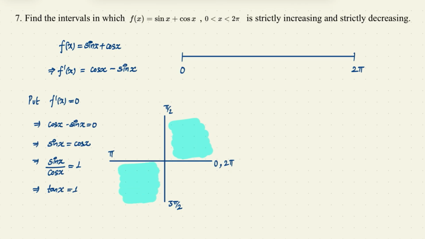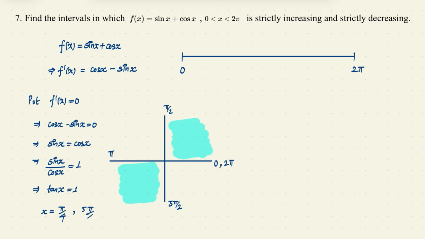That means we can find the value of x from these 2 quadrants, and from the first quadrant everyone knows that tan 45 degree is equal to 1. That means the value of x is 45 degree at which it is equal to 1. That means my critical point is pi by 4 from the first quadrant, and from the third quadrant it is